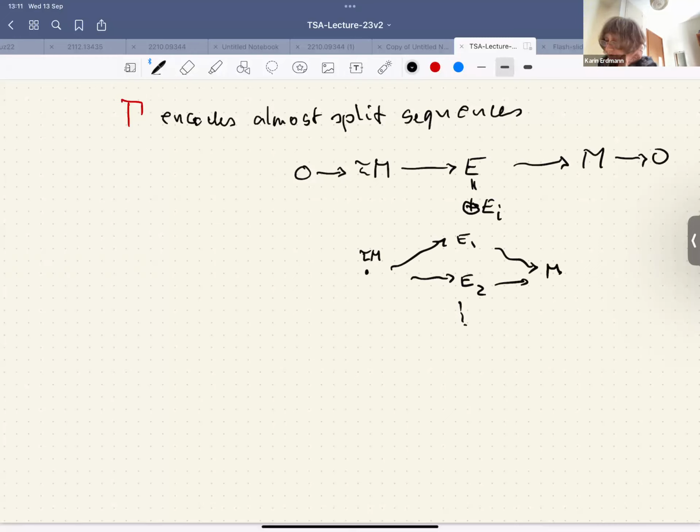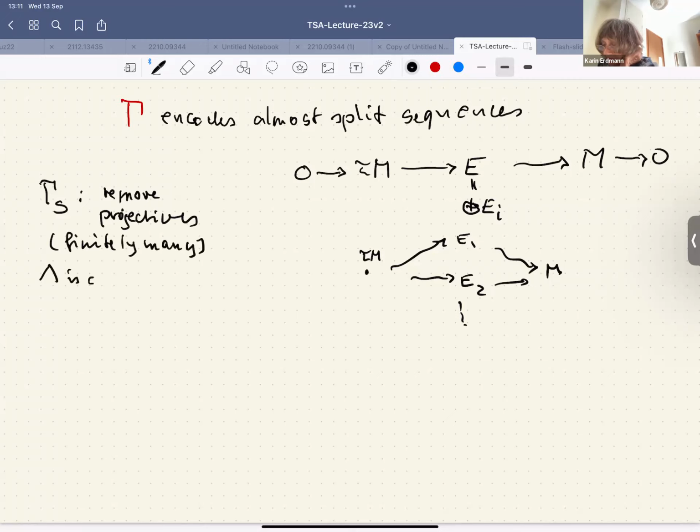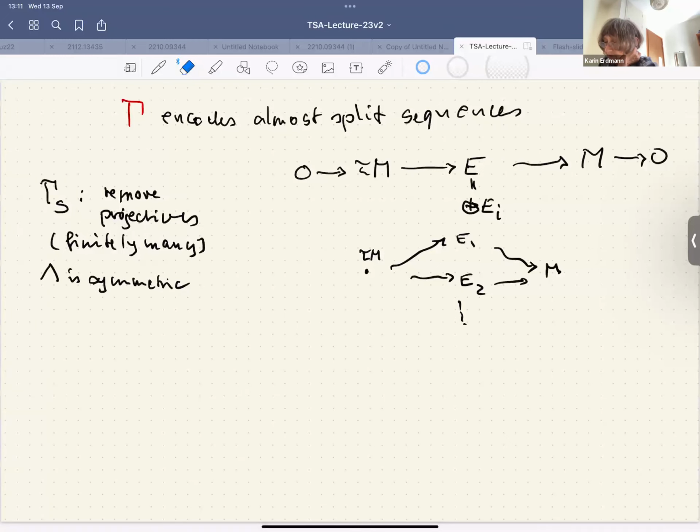And yes, for the stable case, our algebra is symmetric. So just remove only the projectives, and this would be finitely many. This uses that the algebra is symmetric, because the algebra is symmetric, so you don't have orbits which get cut off. And so you would just produce a few holes. So remove projectives, and so you get,